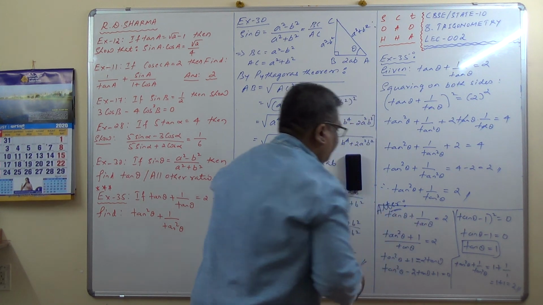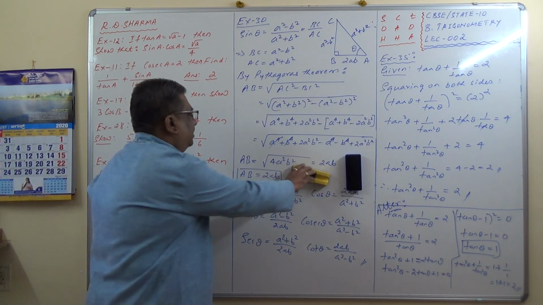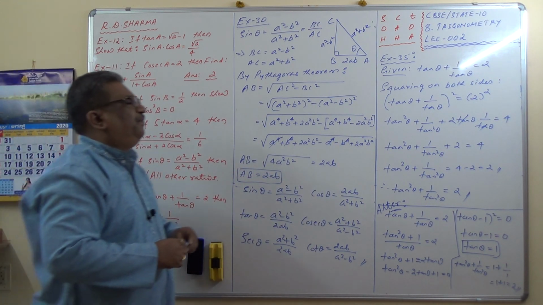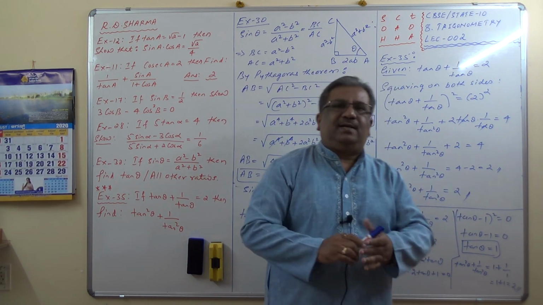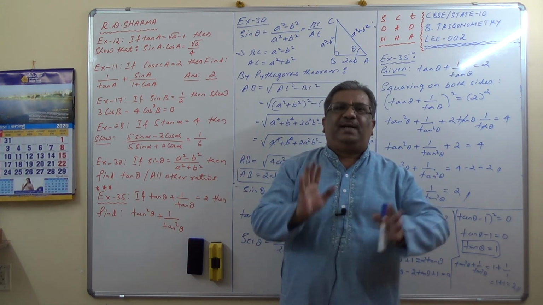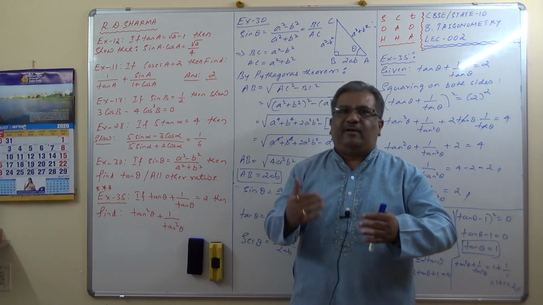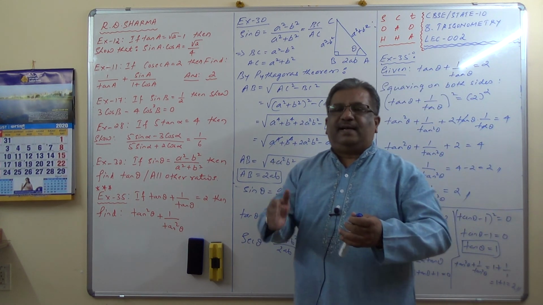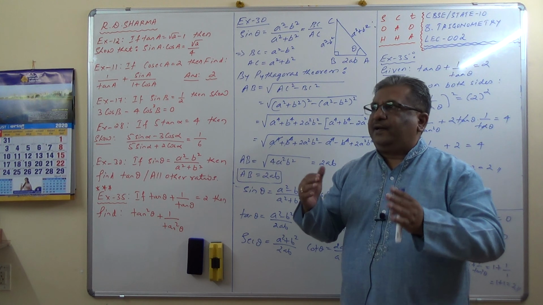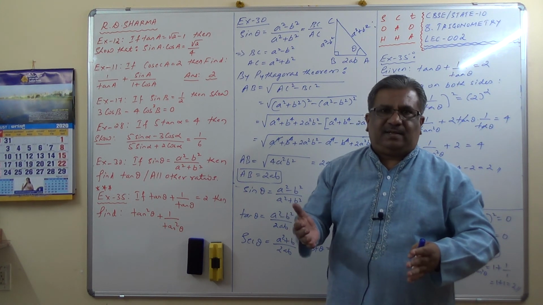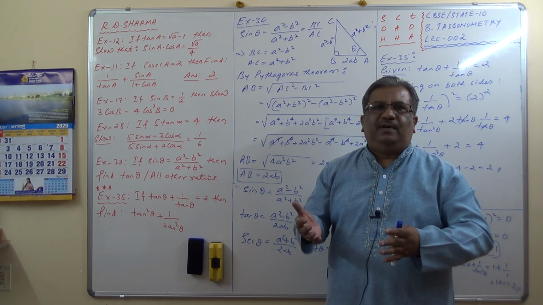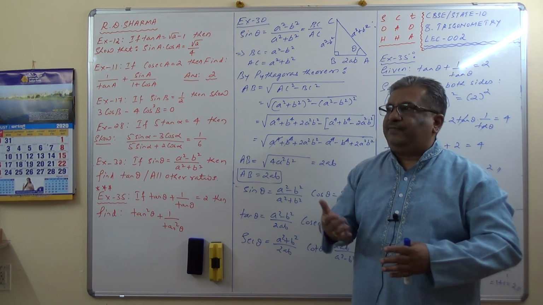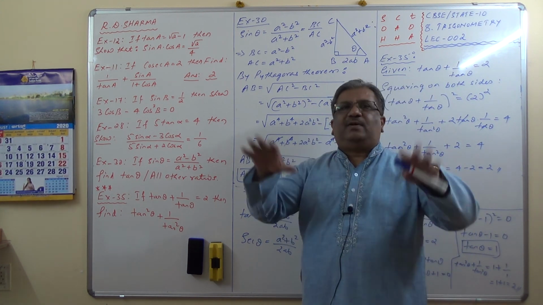So dear students, I think we have solved many numericals with respect to the first section. This entire chapter flow I did not discuss, but I am dividing this entire chapter into 3 parts. The first one is the trigonometric ratios and the numericals based on them. The next section will be the trigonometric ratios of standard angles: the values of T ratios of 0 degree, 30 degree, 45 degree, 60 degree and 90 degree, and the numericals based on that.